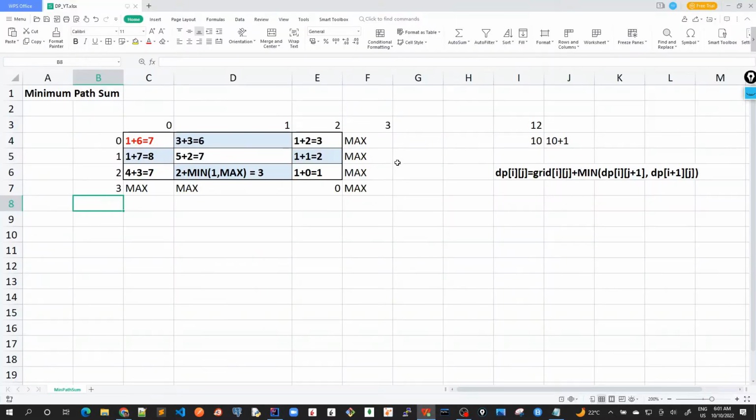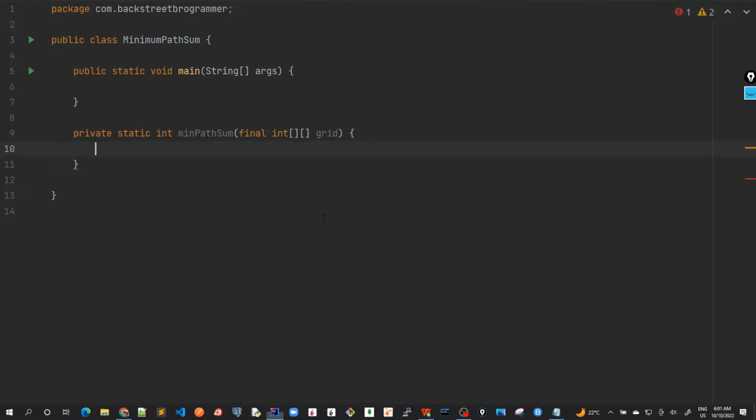Now, as we have already calculated the formula here, we apply the same. But before that, we create this DP array with one extra row and extra column and mark it as max number. This max can be greater than 100, but I've just taken that as max. So let's implement this. First of all, let me take the number of